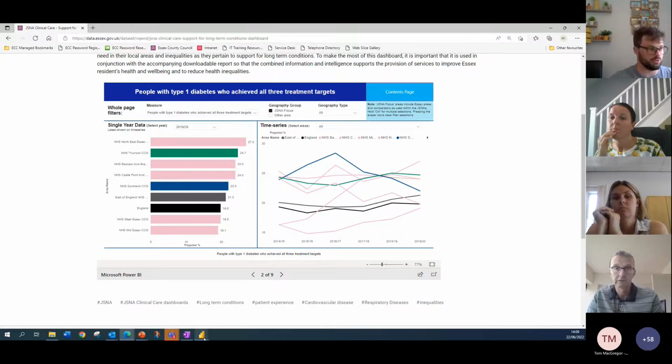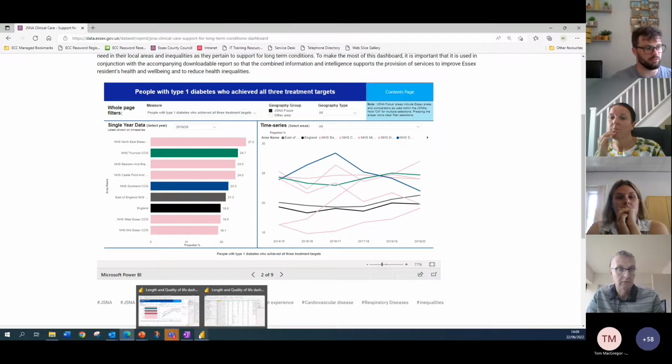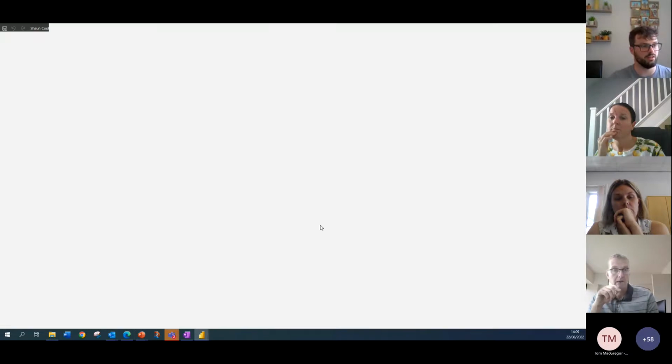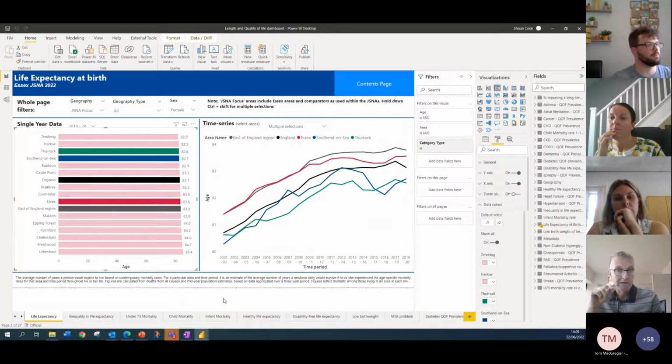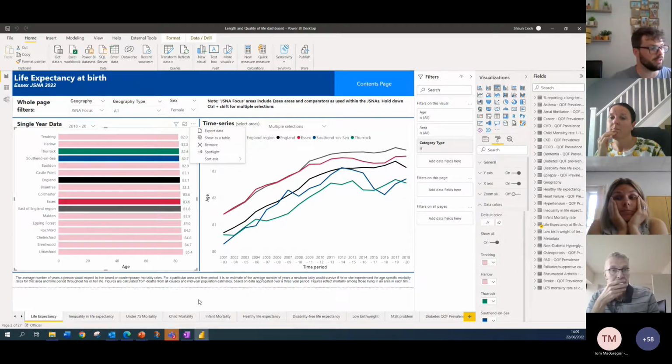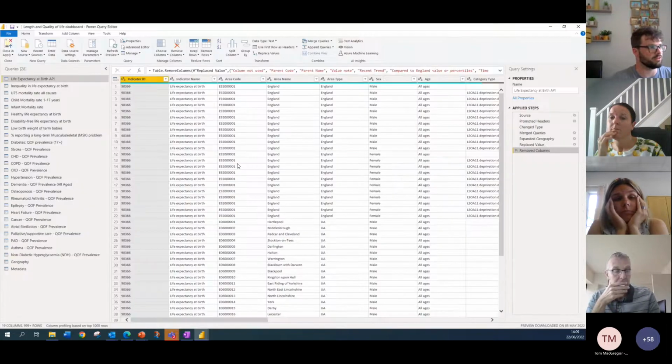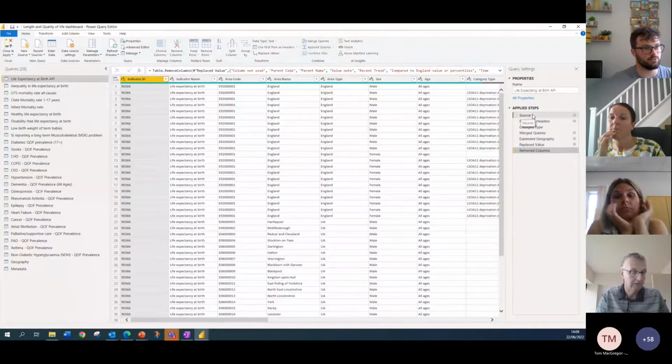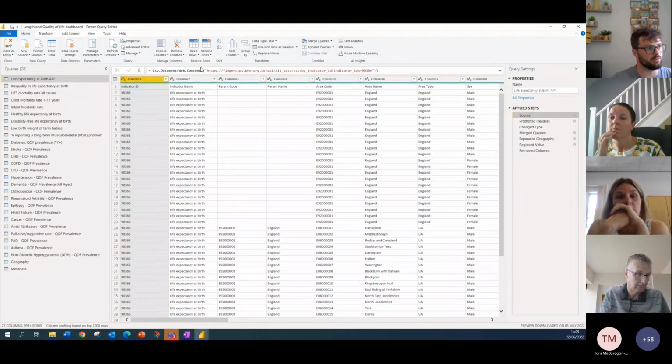So what I'll do is quickly show a little bit of the back end of how we included the data into these dashboards, as I know there's colleagues on here that are more data focused. Just to say that when it is available, you'll be able to click the three dots and export the data in CSV format and do your own analysis. So what we did, we used Fingertips, produced by OHID, and we used an API, which is at the top here,